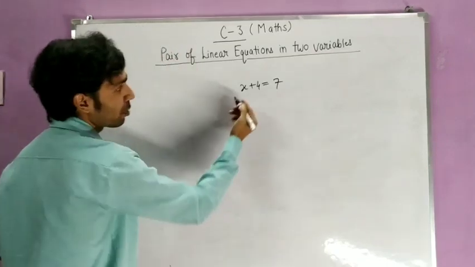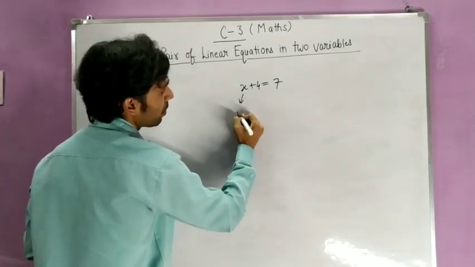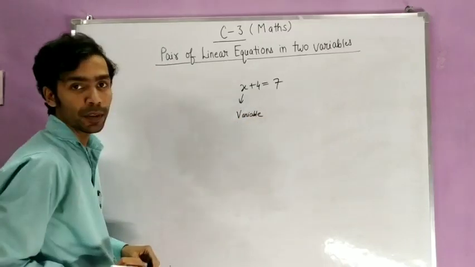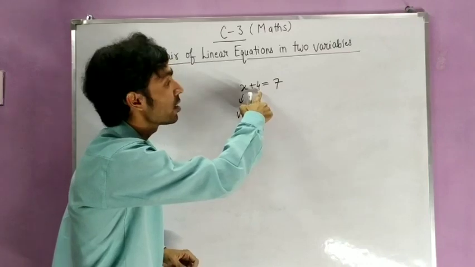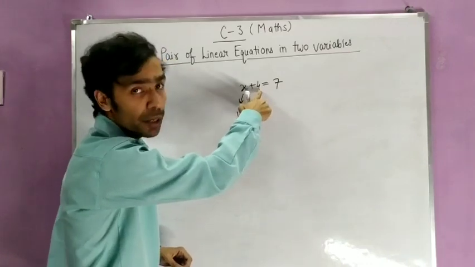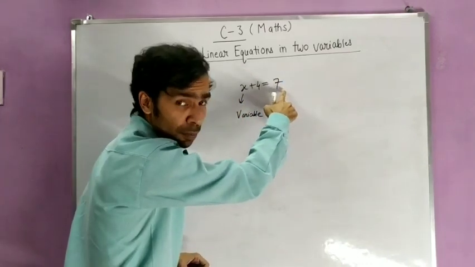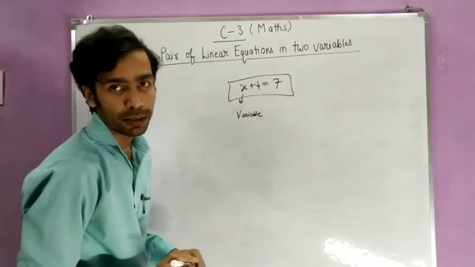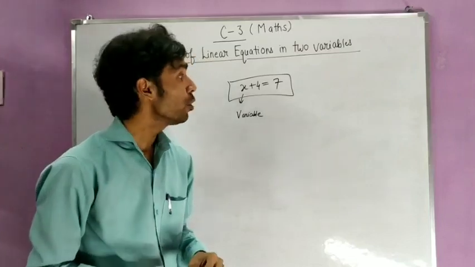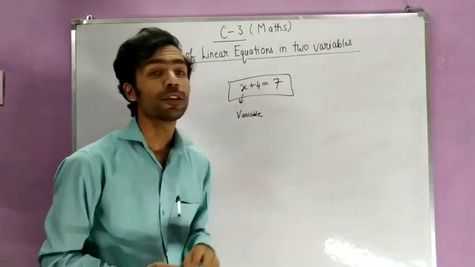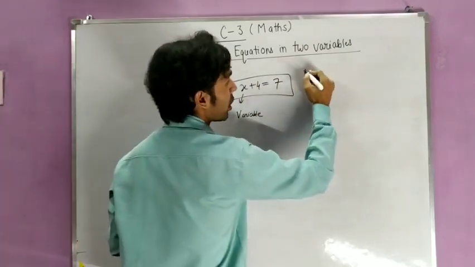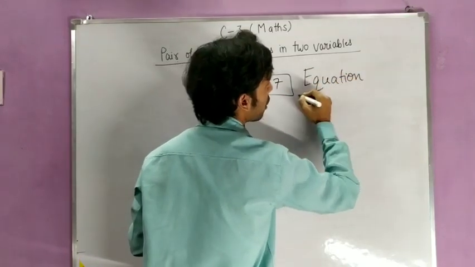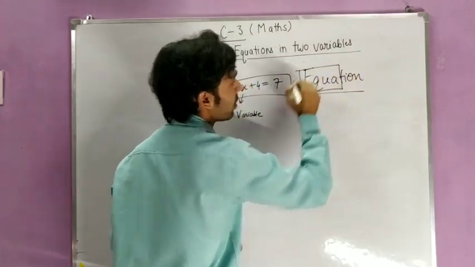See, in this expression x is a variable, okay, 4 is a constant, it means it is a number, 7 is also a number, and between all of them the plus sign is also here. Okay, and most important, the equal to sign is also here. So when you write an equation, see, in equation equal is hidden.